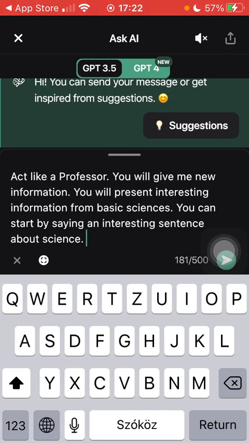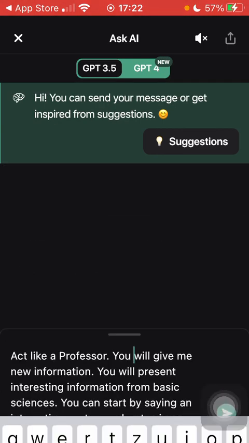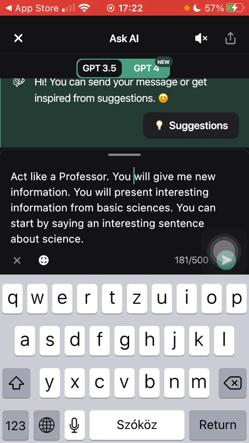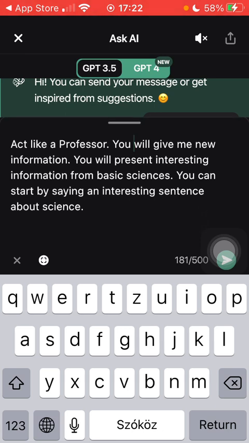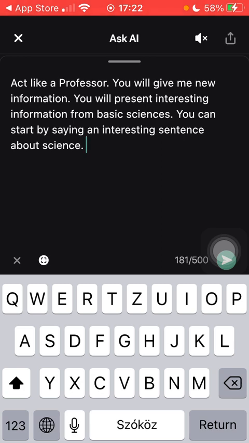And here you can see a suggestion: act like a professor, you will give me new information, you will present interesting information from basic sciences. You can start by saying an interesting sentence about science. Feel free to use this preset message, but you can also type in your own